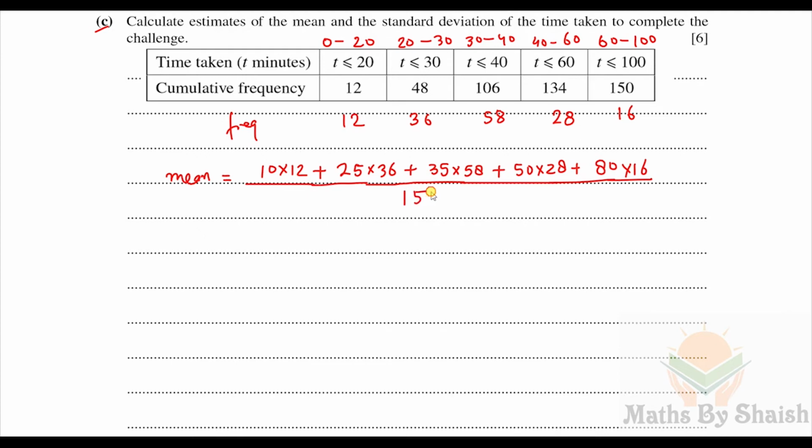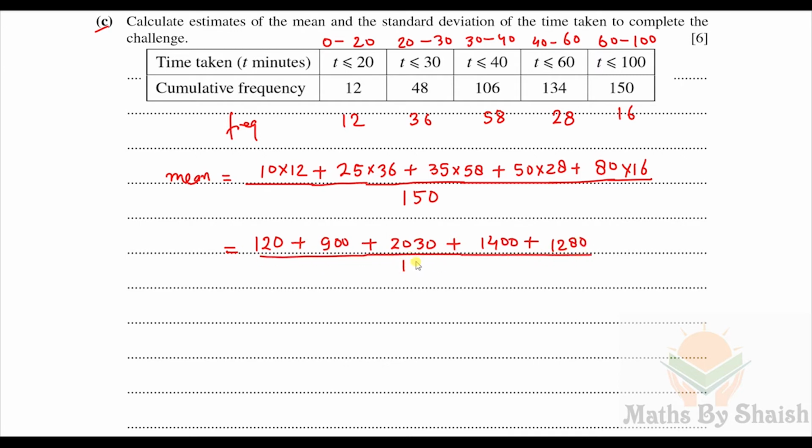Now we will calculate this. 10 into 12 is 120, 25 into 36 is 900, plus 35 into 58, it is going to be 2030, plus 28 into 50, it is going to be 1400, plus 16 into 80 is 1280, divided by